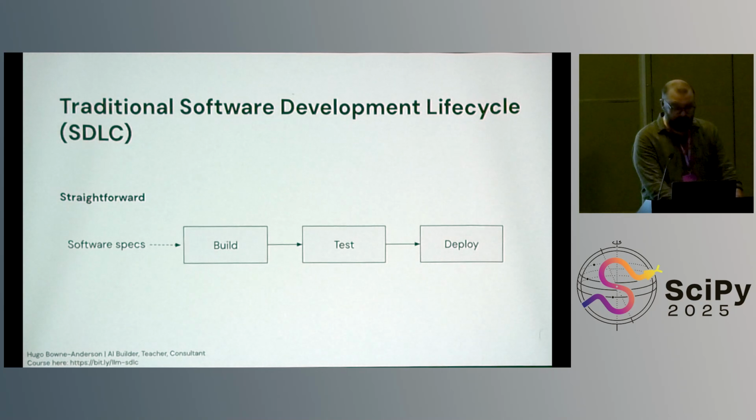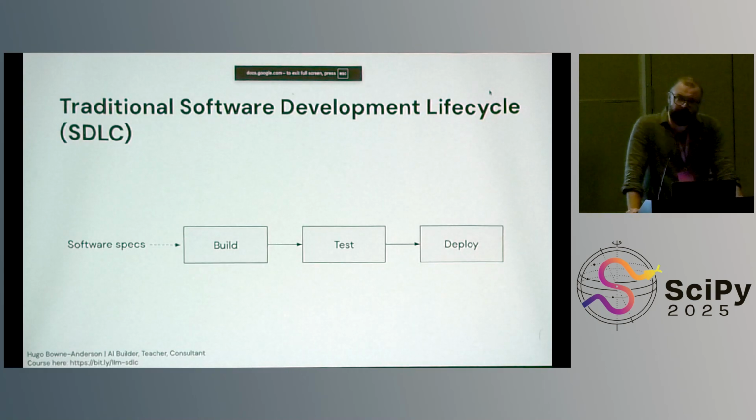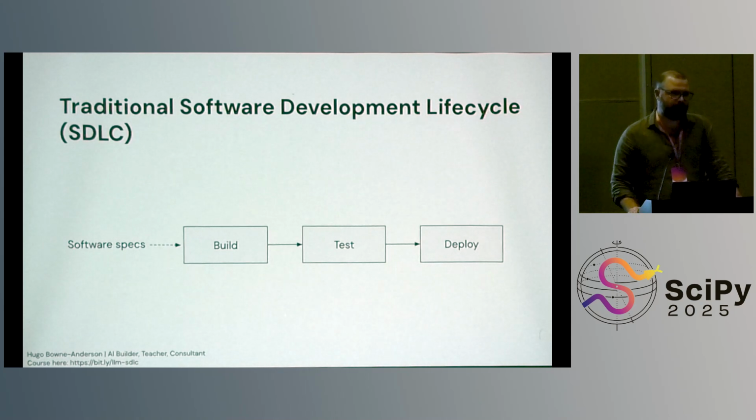Oh, I'm so sorry. So I just want to talk about traditional software, and I'm going to remove this straightforward because it is more straightforward, and this is somewhat reductive, and I just want to say that up front. But with traditional software, often you'll have software specs, you'll build it, you'll test it, fix some things, and you'll deploy it. Then there might be some edge cases that you hadn't solved for, that type of stuff, but you're not introducing the disorder and entropy of the real world into the software system like you are with data-powered software.